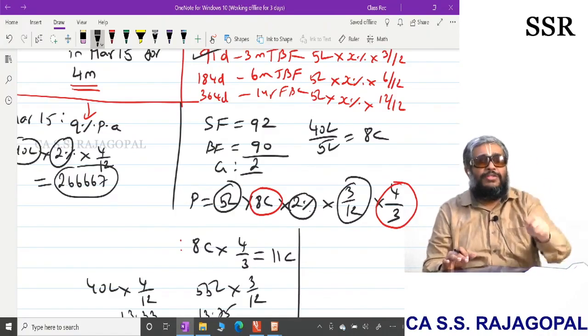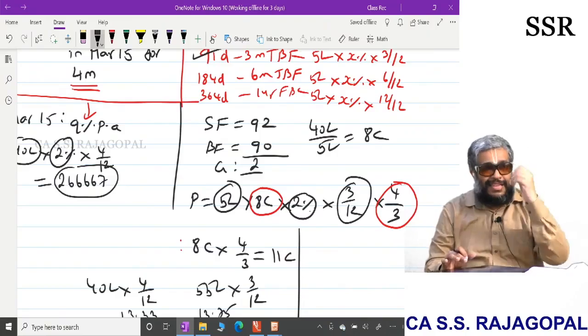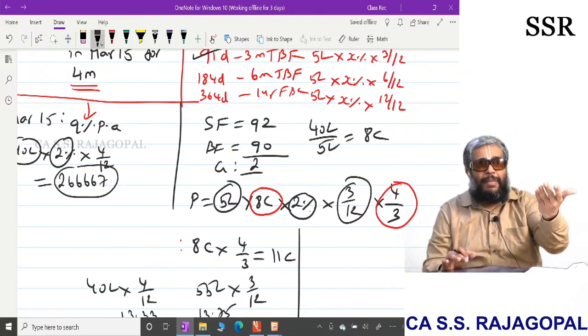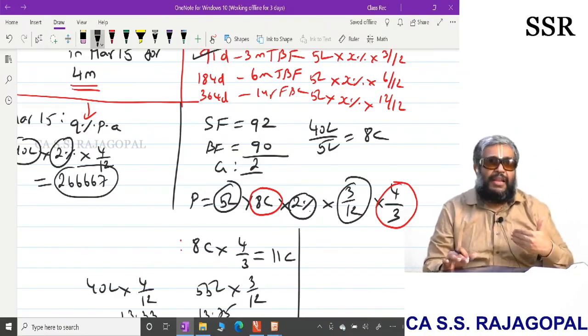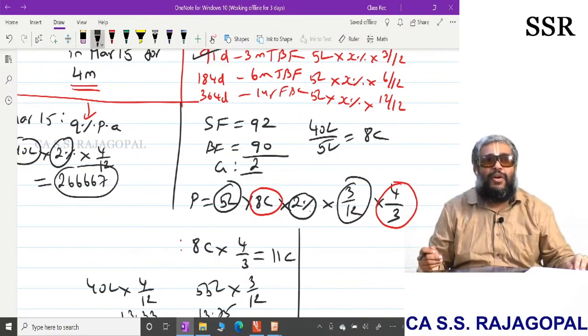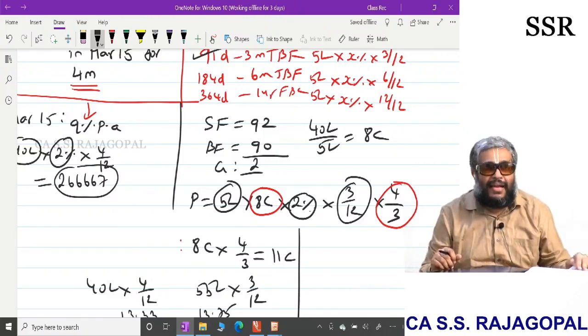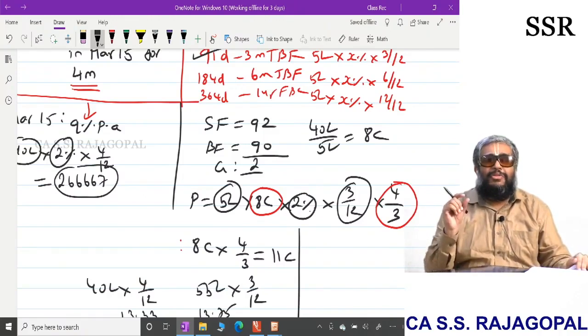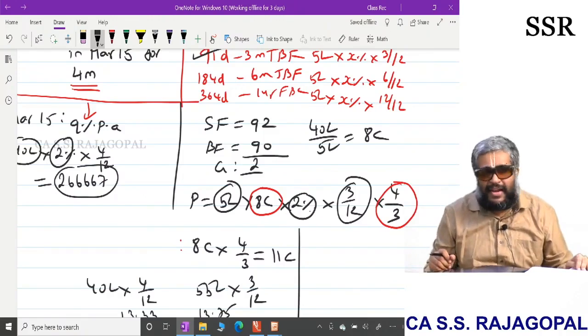The formula is notional principal by contract size, into the loan period divided by the futures period, which will give you the number of contracts. By adjusting the number of contracts, the maturity mismatch can be tackled. So this is also something similar to delta hedging. All of you understanding what I am discussing?